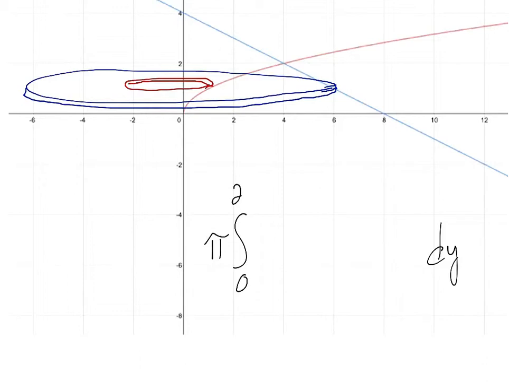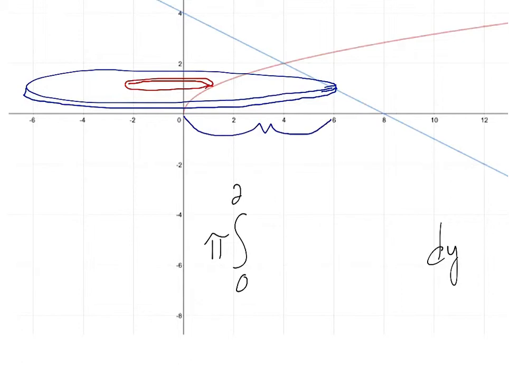Not bad. So now we want to figure out first what's the outside radius of this washer. The outside radius is from here all the way to the y-axis. And we want that radius,